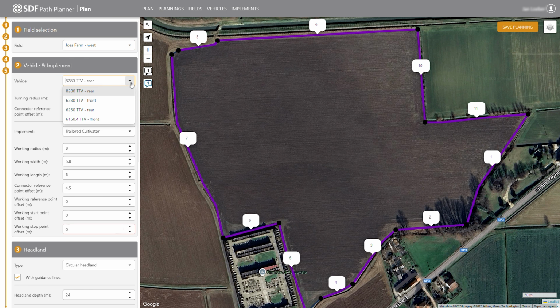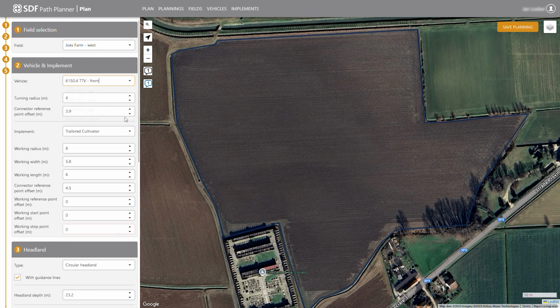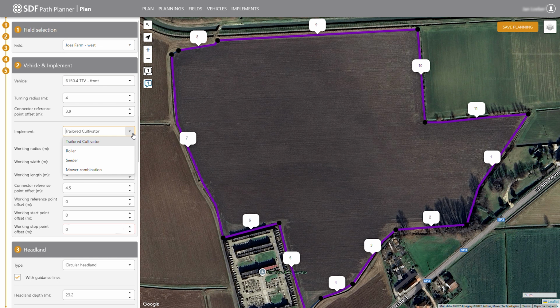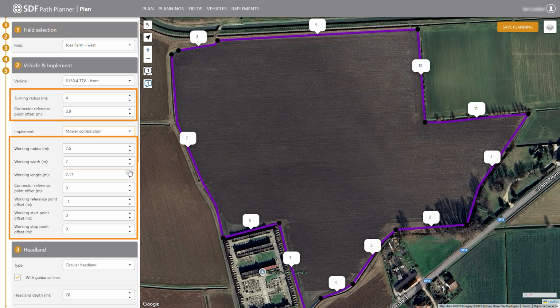In the Vehicle and Implement section, select the tractor and implement from the drop-down menu. The corresponding data will be automatically entered. If necessary, you can temporarily adjust the dimensions. Note that these changes are only valid for this planning session and will not update the vehicle and implement data